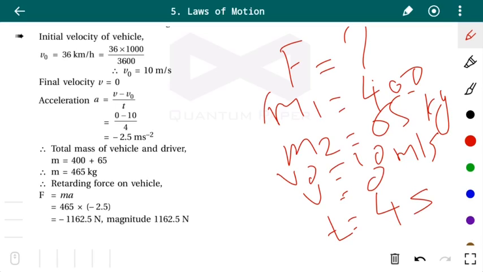For mass, you can consider the total mass, that is the mass of the system consisting of the vehicle as well as the driver. And for the acceleration, we can use this data V0, V and T to get the F